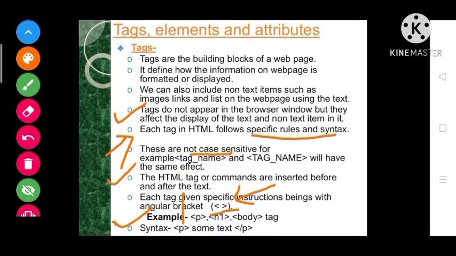Here p is the open tag and this one is the close tag. When we write the same tag with a backslash, that is known as an end tag or close tag. Understood? So maybe you all understood everything very well about the tag.